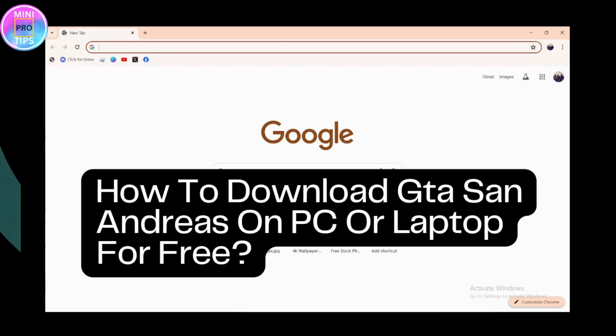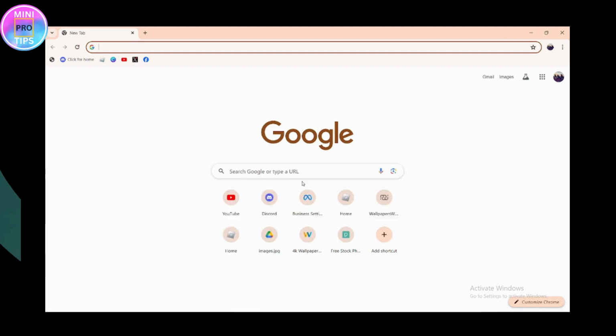How to download GTA San Andreas on PC or laptop for free. So if you want to download GTA San Andreas on your PC or laptop, then you need to simply